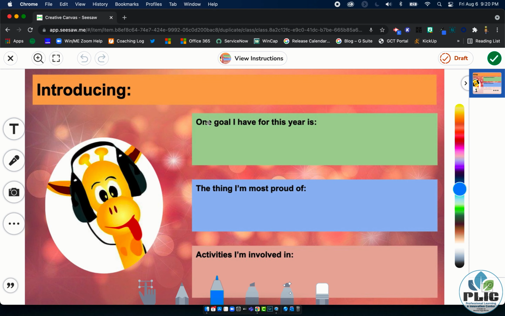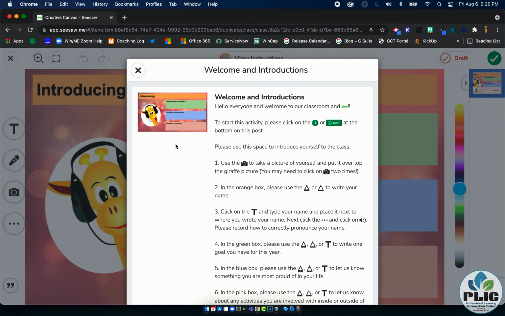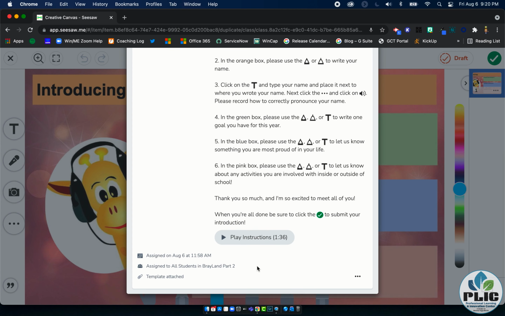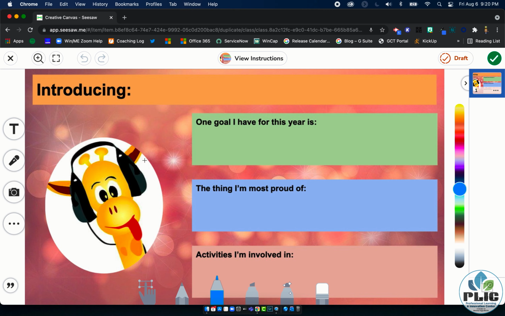And here is the Google slide template that I made for this activity. And then I'll show you how you can bring it into the activity once it's there. Now, the instructions are up here. They're pretty lengthy, and I did record them so that students could listen to it if it worked for them. But the idea is they can either use the label tool, and in fact, in the directions, I asked them to do it both ways,